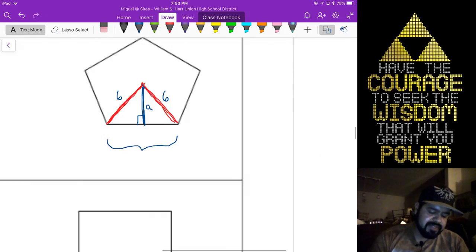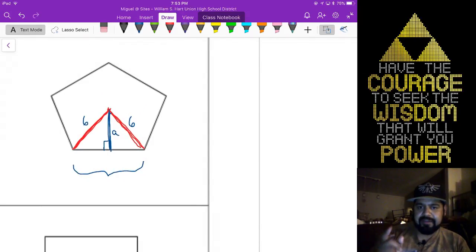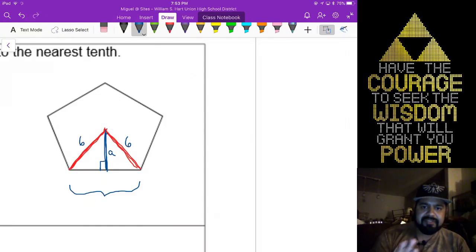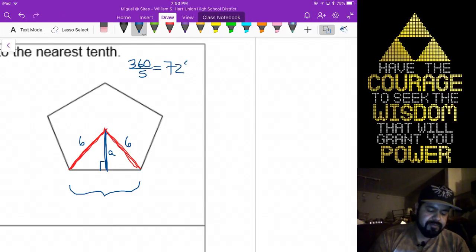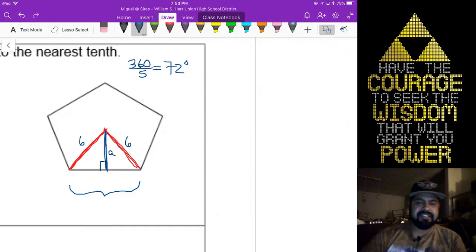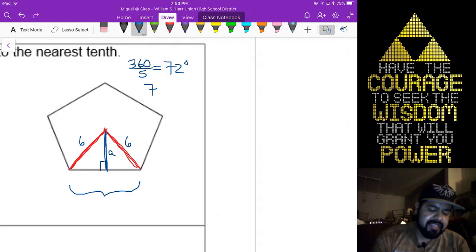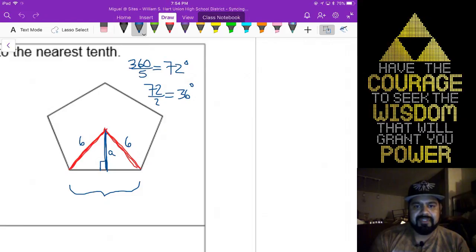And before we get too much further, let's also try to figure out the angles up there. So first off, since we have a 5-sided figure, we're going to say 360 divided by 5, which will give me 72. That's exactly it. So with 72, we got to split it in half, because our apothem always splits that angle. We're going to get 36 degrees. Yes, Mateo, that is correct. So right up there,